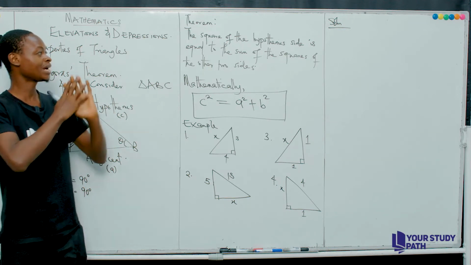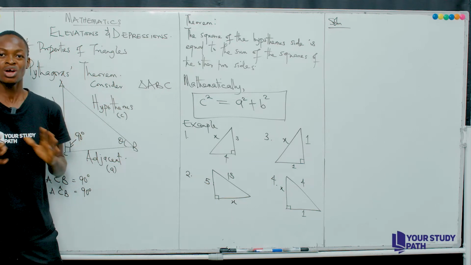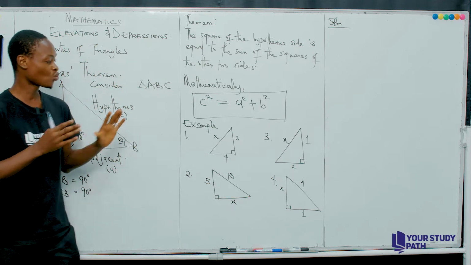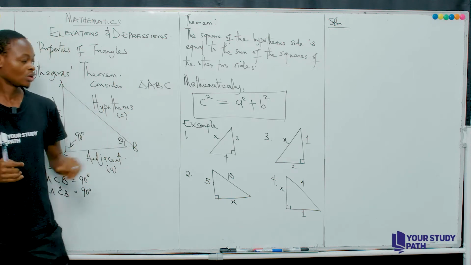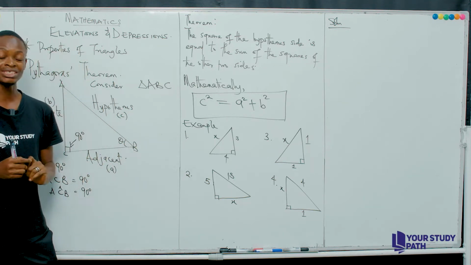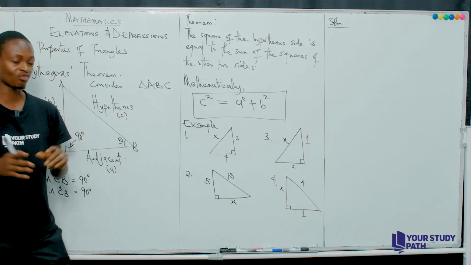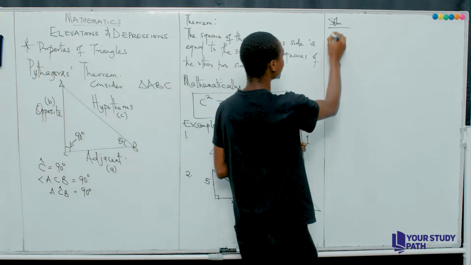As far as basic Pythagoras theorem is concerned, the most important thing it needs to know is what the hypotenuse is. In the first example, we see that the hypotenuse is x. So it means that the hypotenuse is exactly what we are looking for. Now, by Pythagoras theorem,